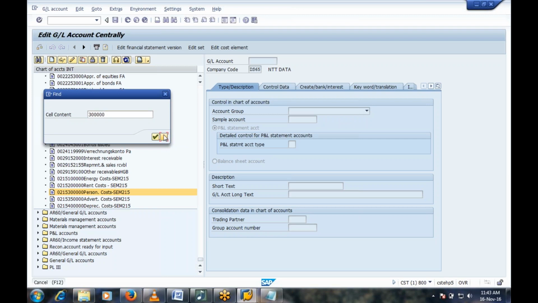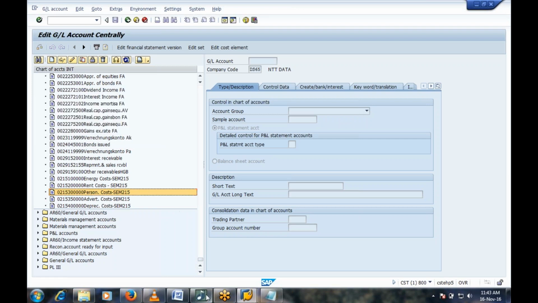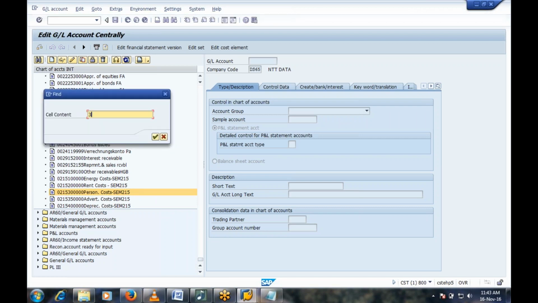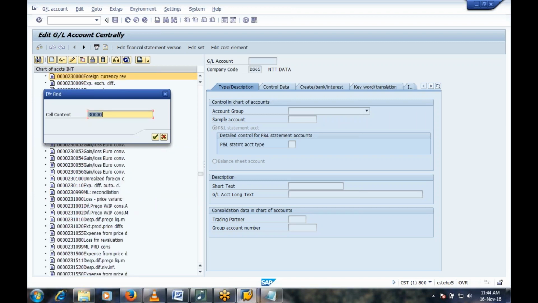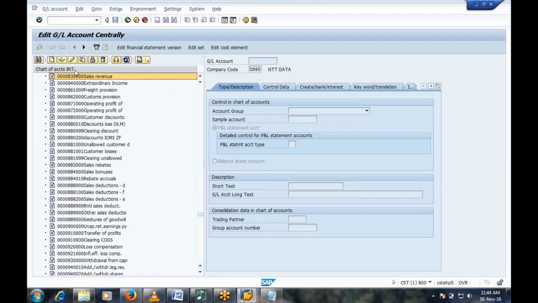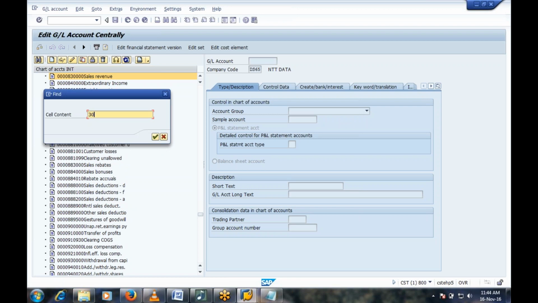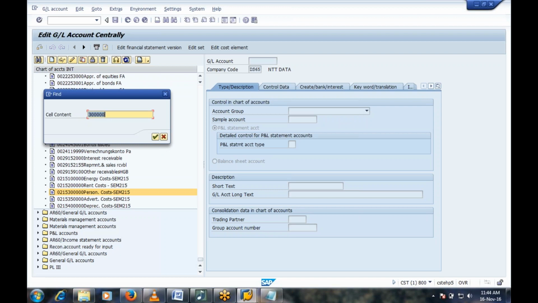Where is the GL account number? 300... I think one more zero. 3 lakhs, sir. How many zeros are there? 5 zeros, sir. 5 zeros we are giving, we are not getting it.